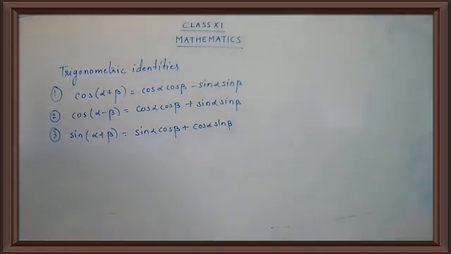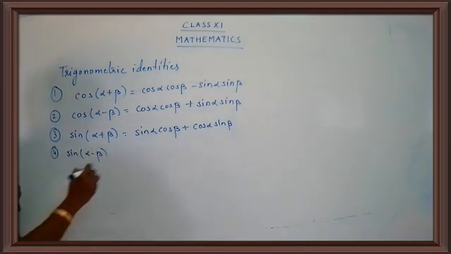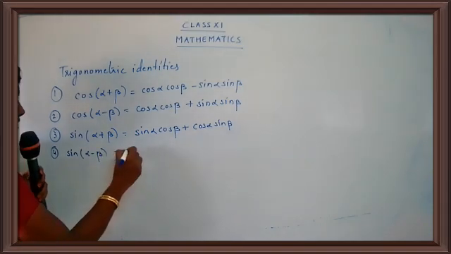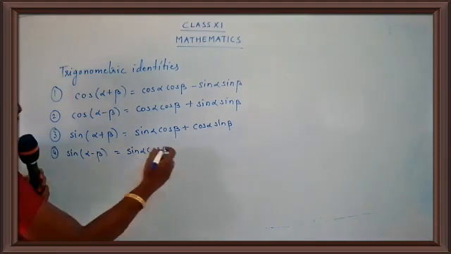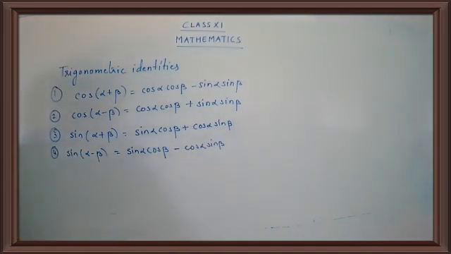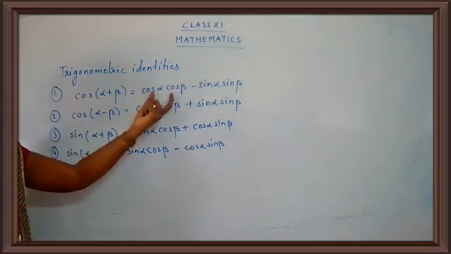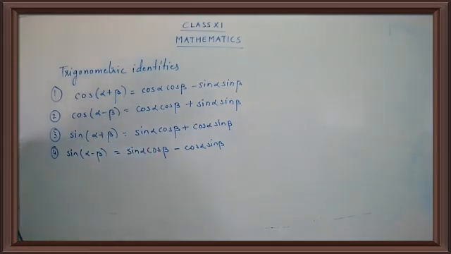Okay, now let's take the next identity. It's sine of alpha minus beta. What is sine of alpha minus beta? This is sine. So you're going to take sine alpha cos beta, and what is the sign over here? It's minus. So you'll put here minus cos alpha sine beta. Are you clear children? Are you clear with the formulas? So cos means cos comes together, sine comes together. Here you have to take sine cos or mix them. So sine alpha cos beta plus cos alpha sine beta for sine of alpha plus beta, and sine alpha cos beta minus cos alpha sine beta for sine of alpha minus beta.